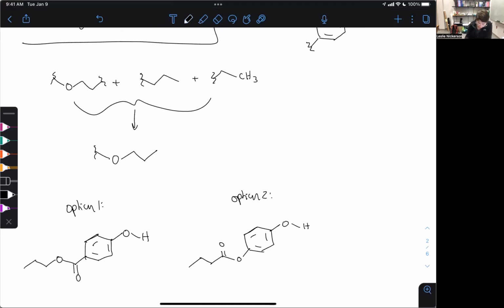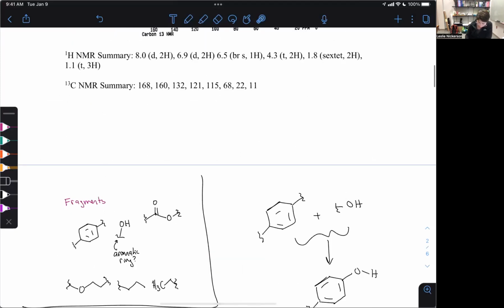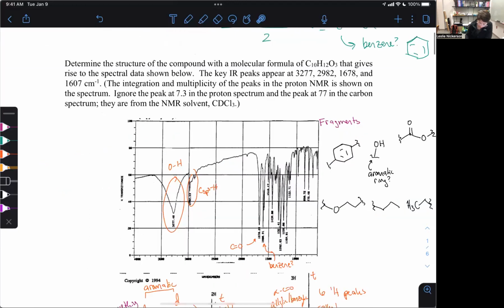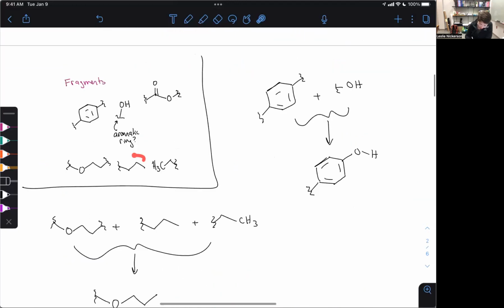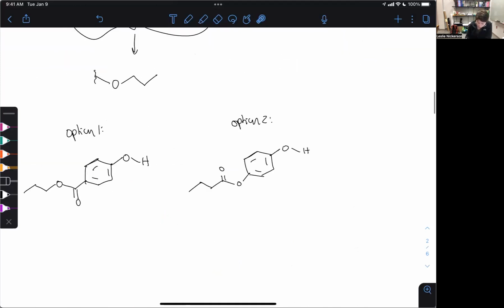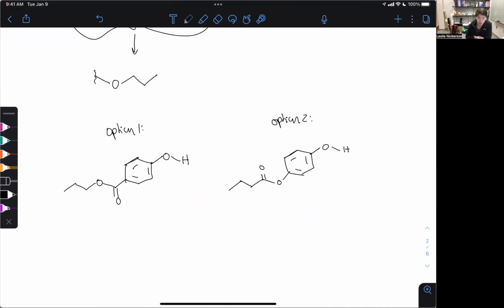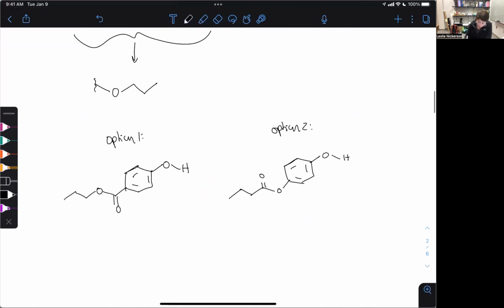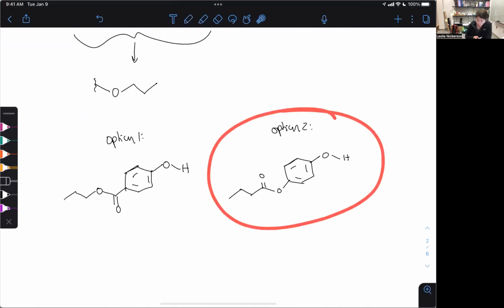So if we had considered, okay, maybe that is, because at some point we still have this kind of piece involved. And we would see some downfield shift being alpha to the carbonyl like that. So when you've got a couple of options, what you want to do is go back and look at the data and see if it makes sense. Okay. So if I'm looking at option 2,